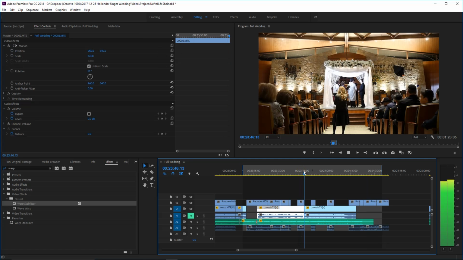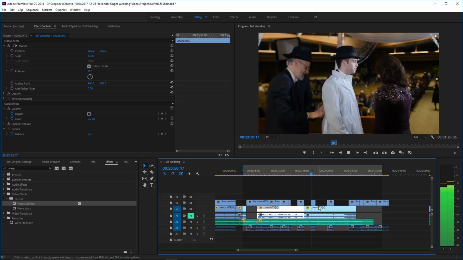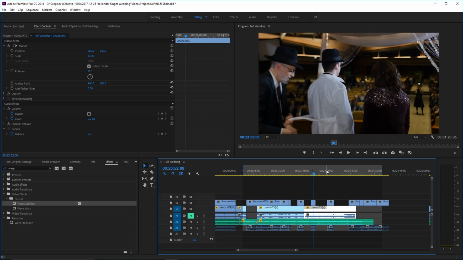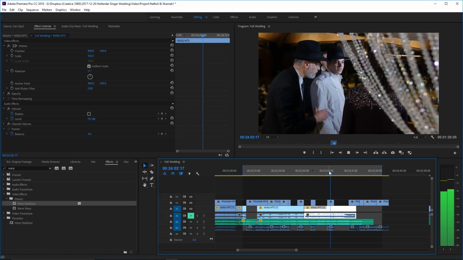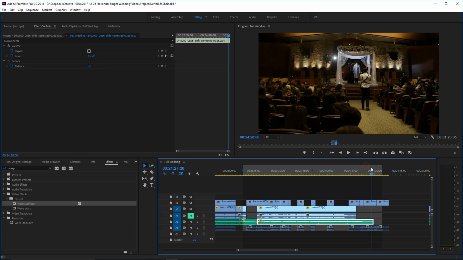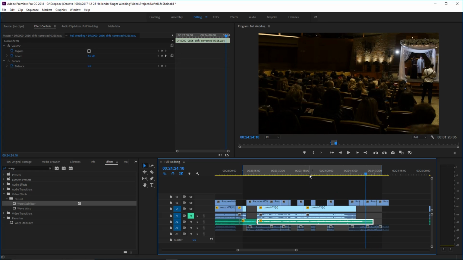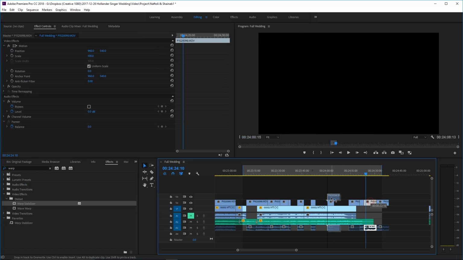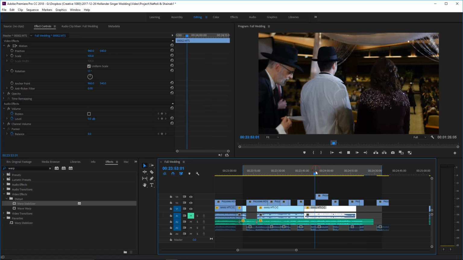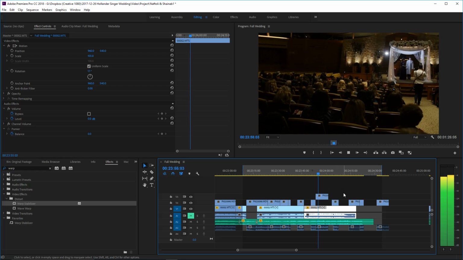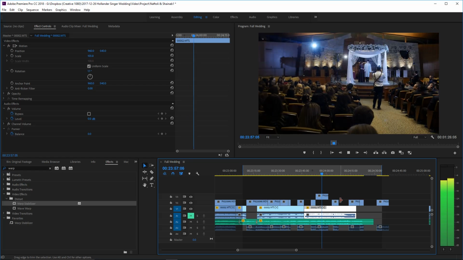Okay, and now that he's facing that way, now we can start using some of these other shots. So I like this wide sweeping shot that reveals the canopy.